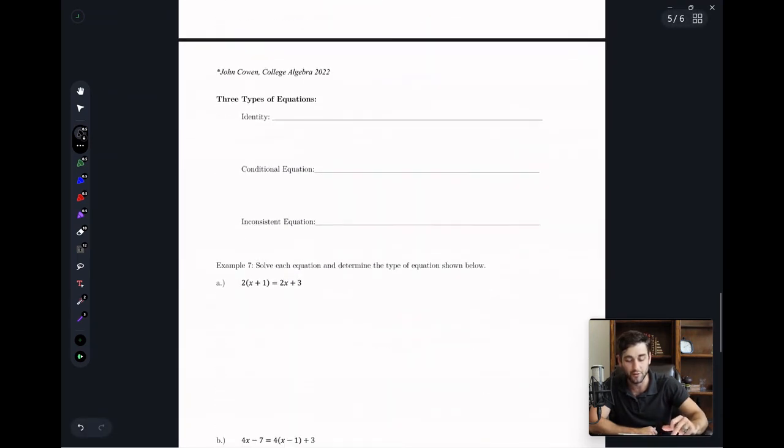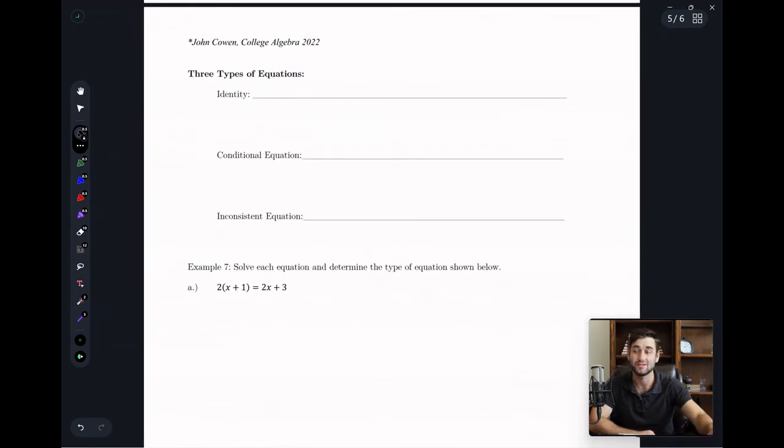Moving on to a couple definitions, and then we'll be pretty much done after these definitions. So we've got three types of equations that we'll really see in this class. All right? We've got an identity equation. An identity equation has a really cool solution. This is probably my favorite thing in the world. Identity equations, where you do all this work.